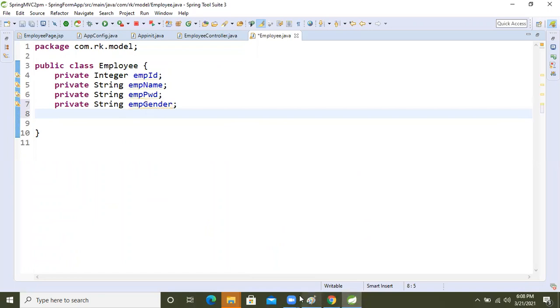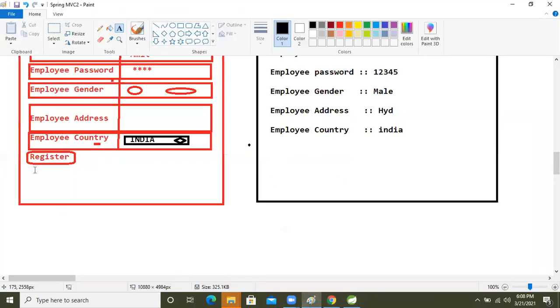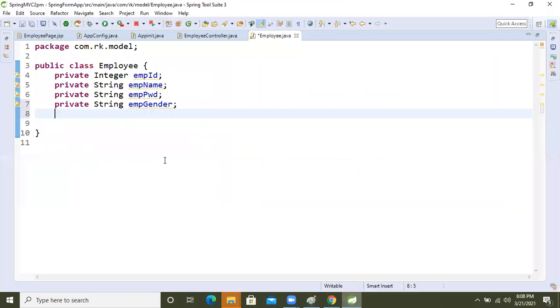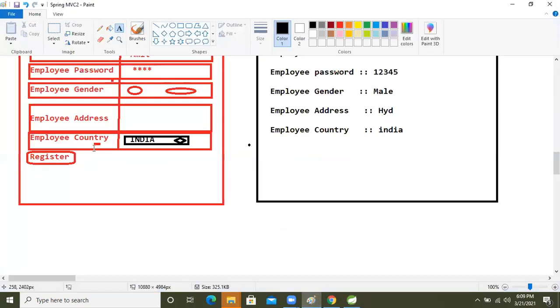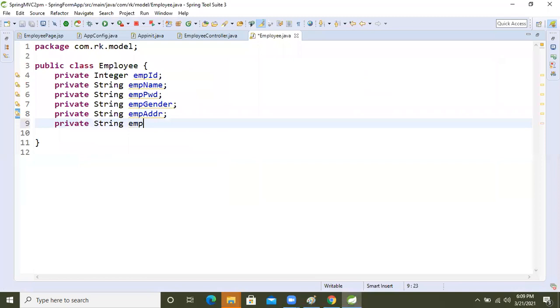Then emp address is there, so another one is private String empAddr. I'm just taking addr. Another one, employee country is there, so I'm taking private String empCountry.